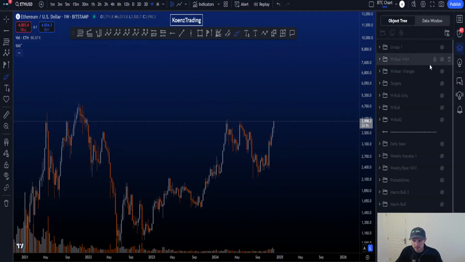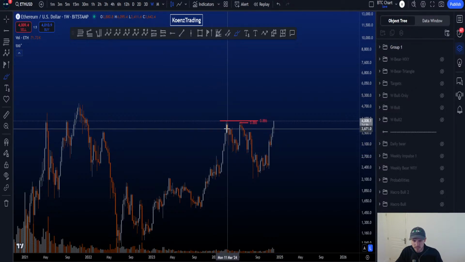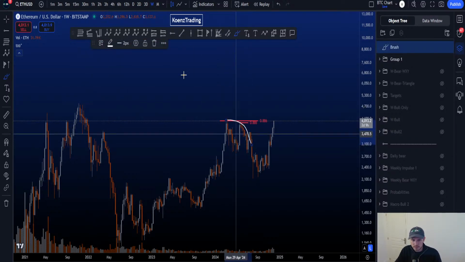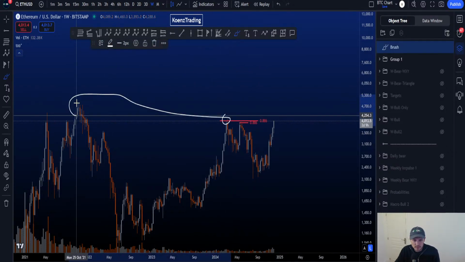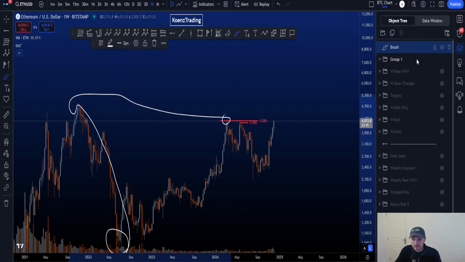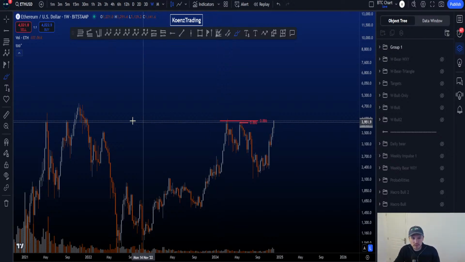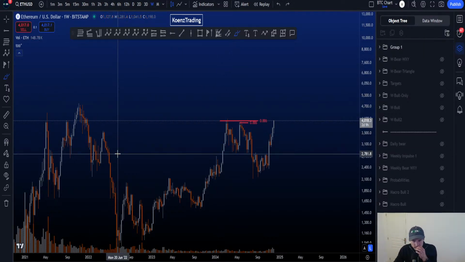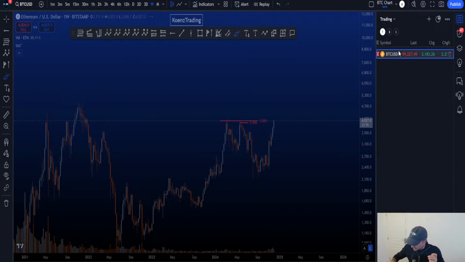But what to say, we've been talking about the 886s here for so long. The first one was hit 11th of March. That's already when the probabilities are higher that any move down has a higher probability of being corrective, because that's what the 886 tells you, right? The moment you hit it, taken from the all-time high to the first low, any move down has a higher probability of being corrective. So the bias is bullish, and you're looking for price to take out the high. So it's just a matter of time, really.